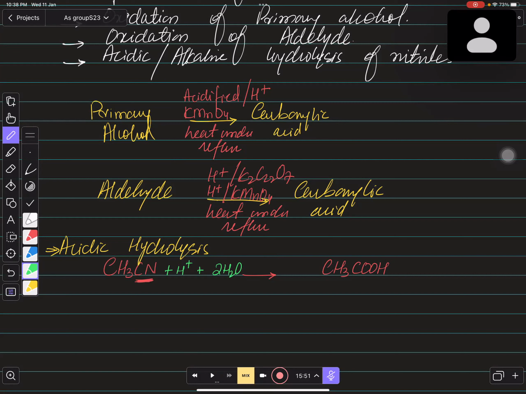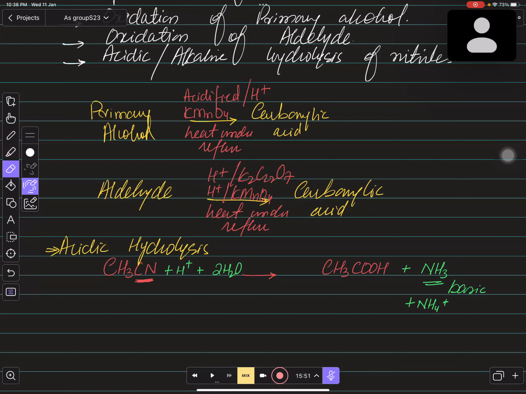When you have carboxylic acid over there, you must have the other product as well, which is NH3. NH3 is going to be formed, right? And you need to remember that NH3 is actually basic. So whenever you do acidic hydrolysis, acid and base react together and form a salt. So in place of NH3, you should write NH4 plus over here, because it is the salt for NH3 gas, right? So I recommend you write